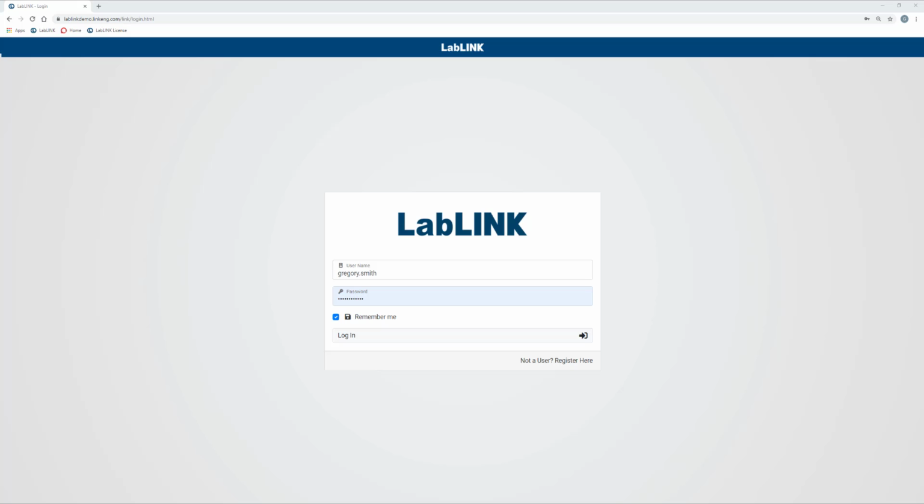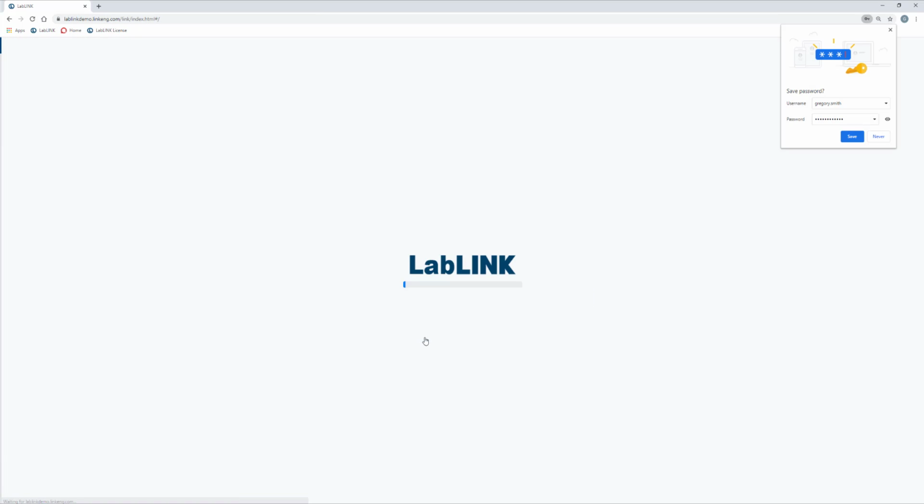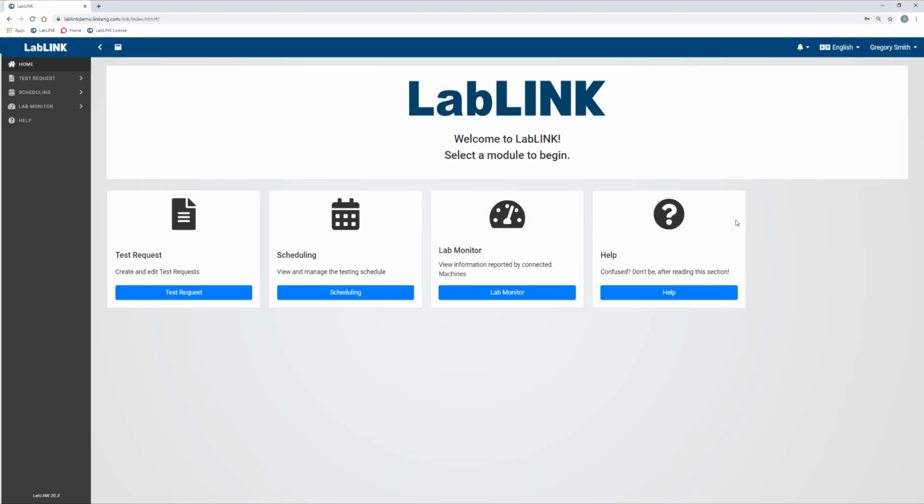At this point, a system administrator or a lab manager has now unlocked my account for me, and I'm able to log in. They've assigned a user role for me as a test engineer. As I log in here, we'll notice that I do have access to some of the modules inside of LabLINK, but not all of them. For example, there's a setup module that as a test engineer, I do not have privileges to access